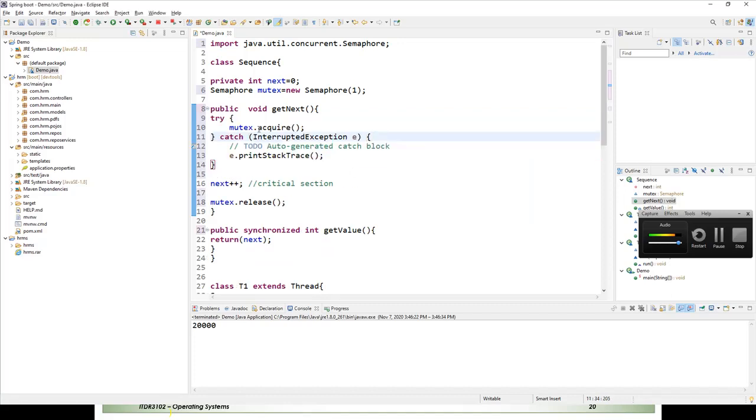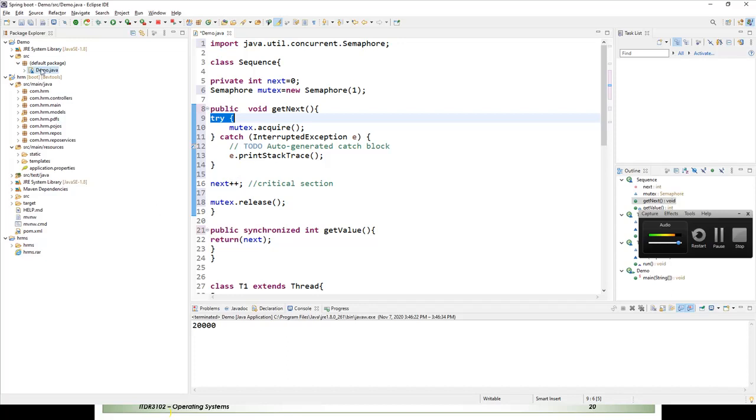We have to just put a try catch for the acquire method. Just remove this try catch in your mind. Just think that before the critical section, we call this acquire method on the semaphore object, and after the critical section, we call the release method on the semaphore object.